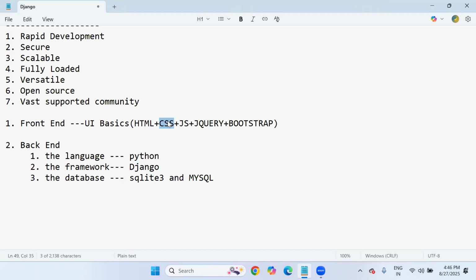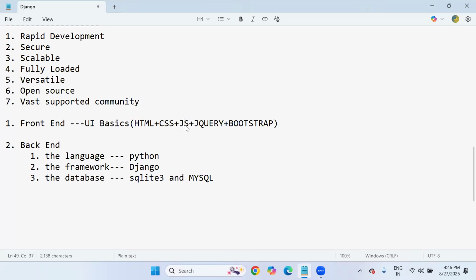And in front-end development, HTML is very common. Without HTML, no front-end, because HTML is the common web technology in web application development. Hypertext markup language. After HTML, you must know about CSS, because sometimes we need to give additional styling for your HTML document or content. And JavaScript means validation purpose. We learn how to write JavaScript functions and how to call them for validations.